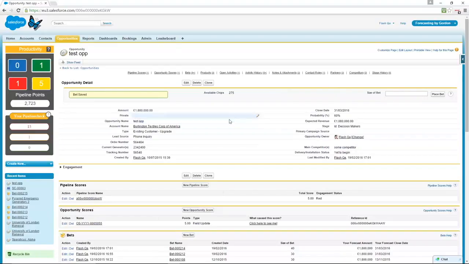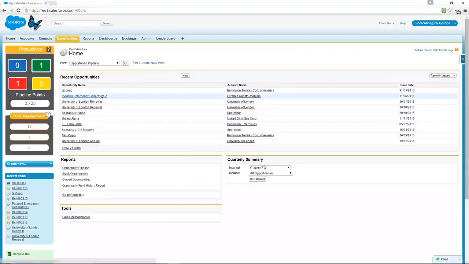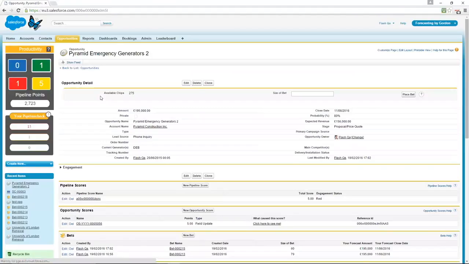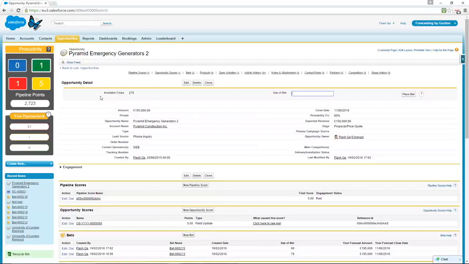I cycle through all of my opportunities, placing more or less of my confidence chips on the individual deals based on that. So you can see I have 275 chips left now. And this deal, again, maybe I'm even more confident about this, so I'm going to put 50 chips on this opportunity. And I continue until I use up all of my chips.